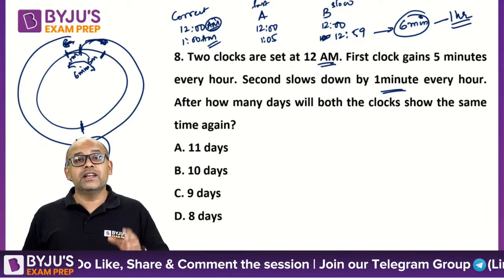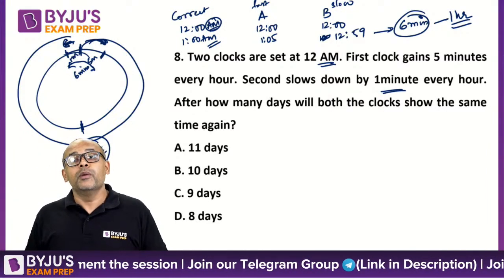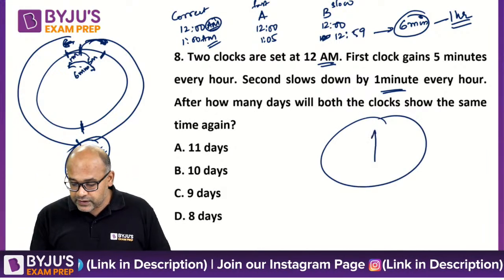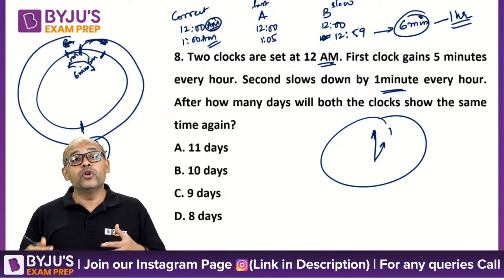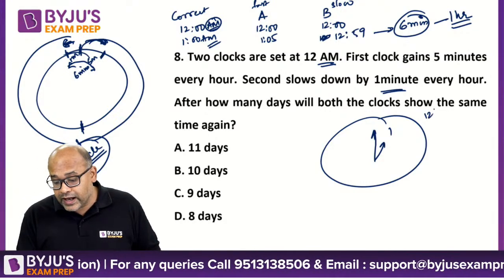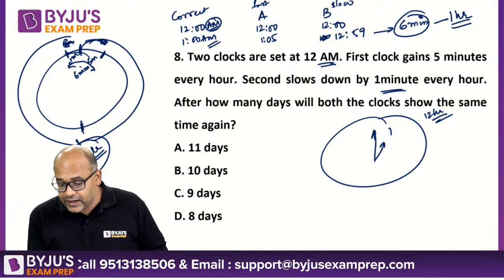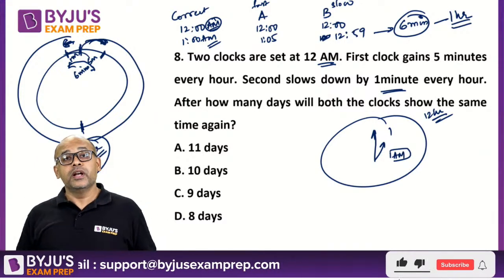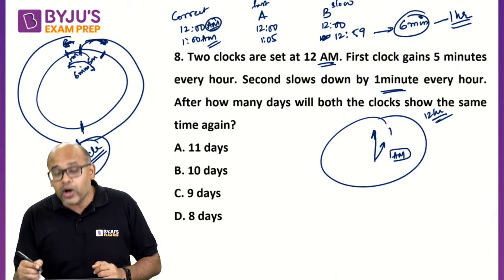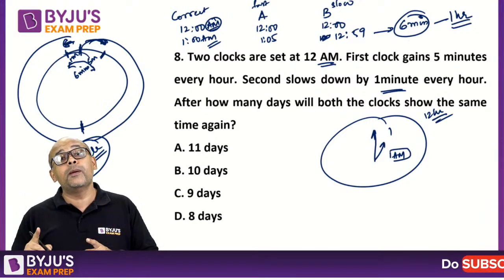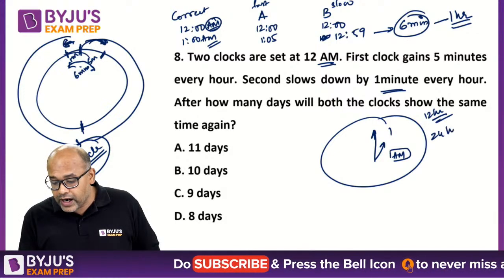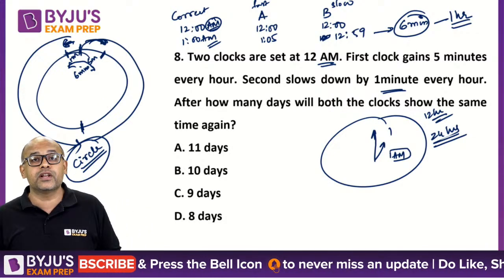So what you are doing here is, it is not a clock of 12 hours anymore, because see, in a normal analog clock, if I just show this, you will say the time is 1, but you don't know whether it's AM or PM. If I ask you when will it be 1 again, you will say it will become 1 again after 12 hours, correct? But if I say that there is an AM and PM written here, now in this clock if I ask, it is 1 o'clock right now, when will it show 1 AM again? You will not say after 12 hours, because after 12 hours it will show 1 PM. So you will say it will show 1 AM after 24 hours. So that is the logic that we're going to use.